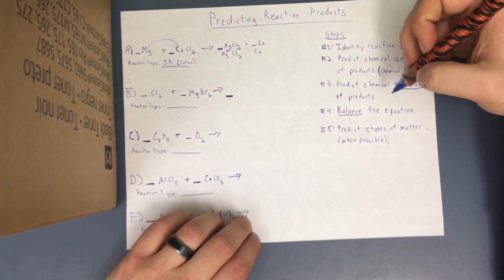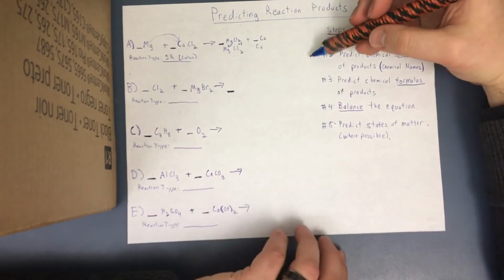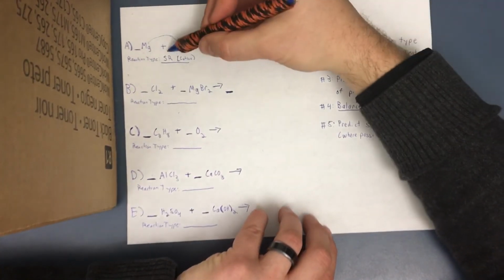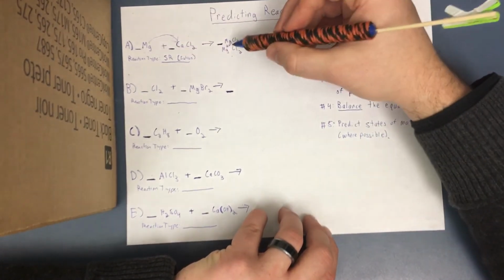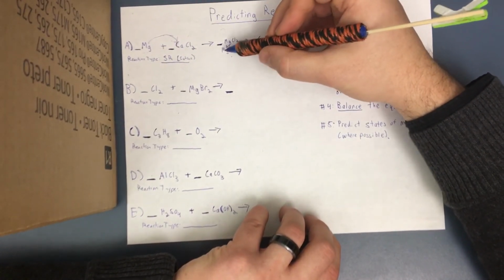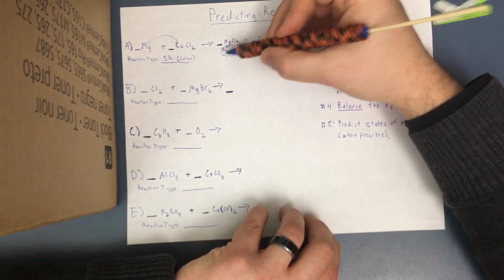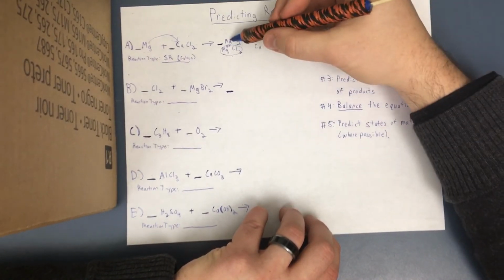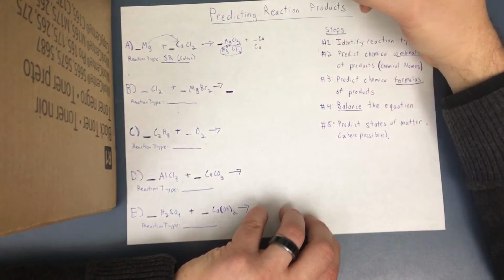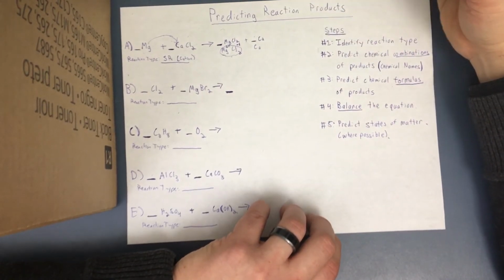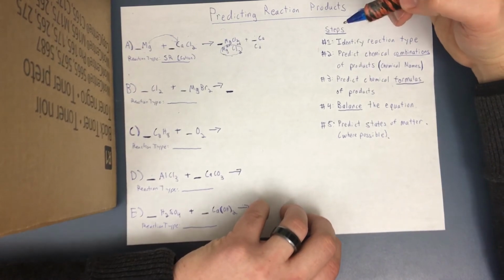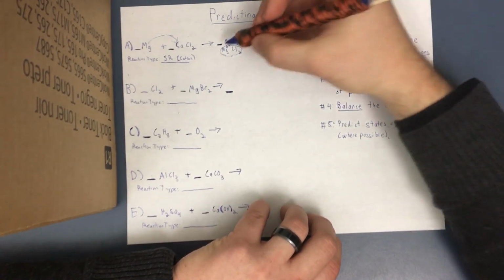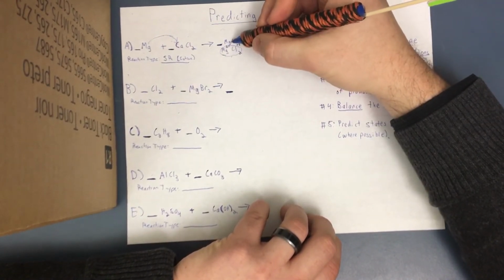So again, it's worth noting what we did there. We knew based on the type of reaction that magnesium would replace calcium. And we knew that we would make magnesium chloride. But until we did this right here, we did not know that magnesium chloride had the formula MgCl2. We could have just as easily assumed that it had the formula MgCl or MgCl3 or Mg2Cl. We would not have known until we did the drop and swap method in order to figure out what this